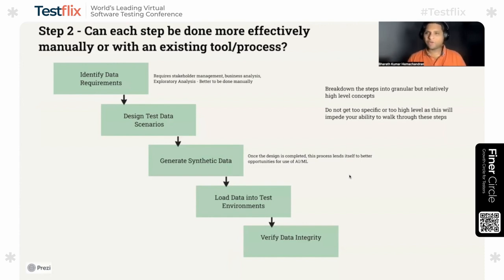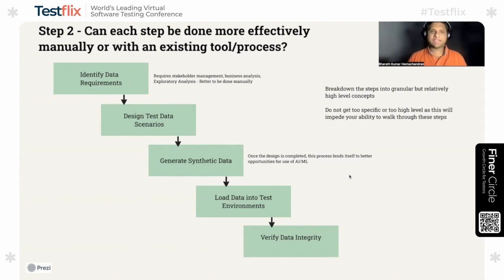However, we should not be too granular or too technical when it comes to breaking down the steps. So while we want a certain level of abstraction in terms of identifying what each step is, we should not get into the nitty-gritty of identifying what that particular step is upfront. Take your time, make sure that the step is granular but not too specific, where you have to think of too much in terms of details, but at the same time, that it's not too high level where it can be misinterpreted or reevaluated by different people taking a look at it. It should just have enough information for it to be able to identify what you're trying to do.